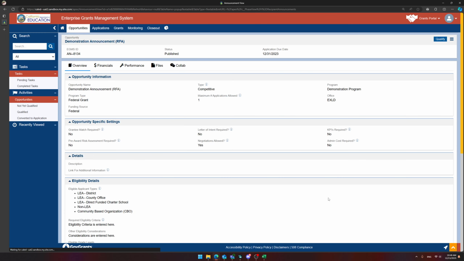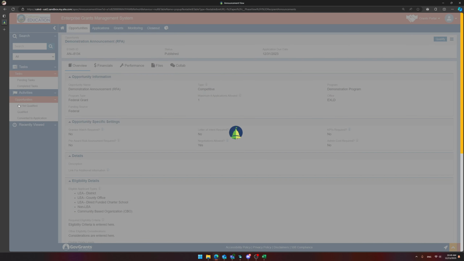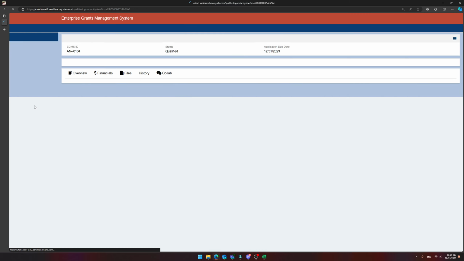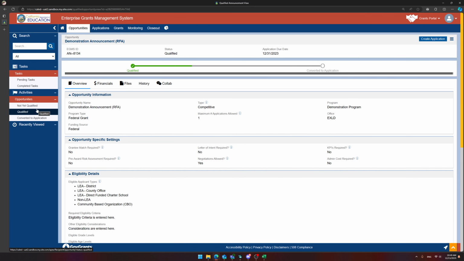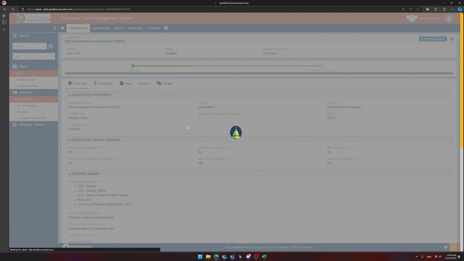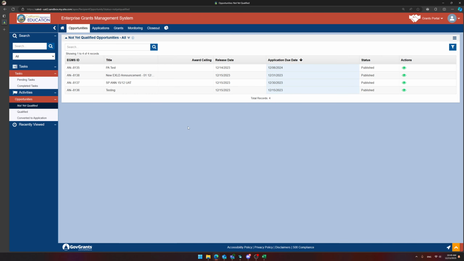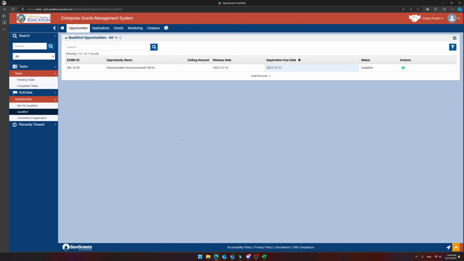And the way that this is going to work, right, is the grantee will take a look at the announcements that are published, and they will determine which ones they're interested in actually applying for. And what they can do is they can take that longer list of announcements and they can filter it down or shortlist it through a qualification process. So if they're interested in applying for this funding opportunity, they'll click the qualify button and it'll move the announcement from their not yet qualified list, which is that default list that we show, and move it into a qualified list. So that way it's more filtered down. So they can go through all the announcements that they want to go through, qualify the ones that they're interested in, and then from there start working on applications by moving to their qualified list and then going from there.